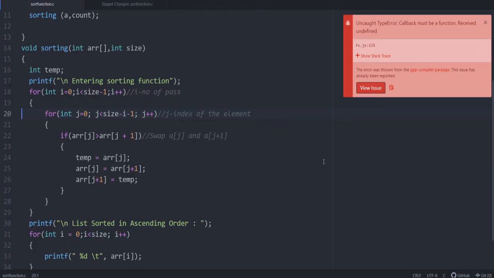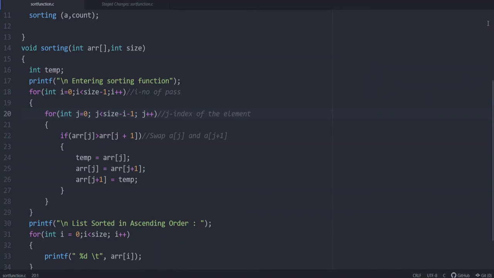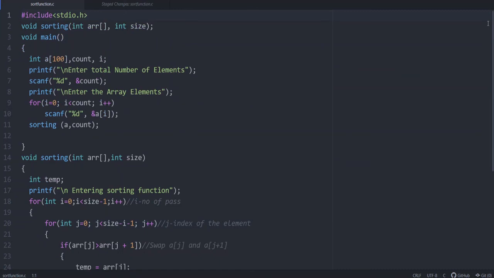So I think you are now familiar with how to write a program with a function. It has three parts: the function declaration at the initial part, which is terminated with a semicolon. Then you have the function call, where you just directly call the function, and you should be careful about the return type. Then the function definition.